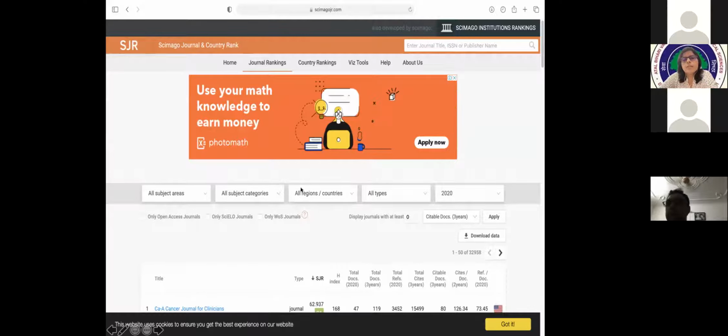Then whether I want a particular regional journal or all journals, you can search the year also. Once you go through it, it will show a huge list of journals according to the ranking, the H index of the journal, the impact factor and ranking of the journal. These terms I will discuss in detail, so you will be familiar with them later on. But with these multivariate indexes, you will be able to choose a journal and submit your article.